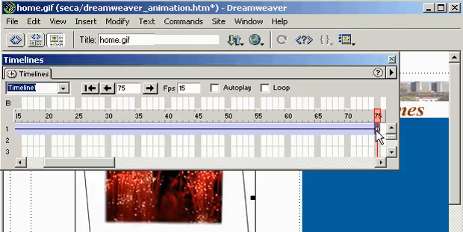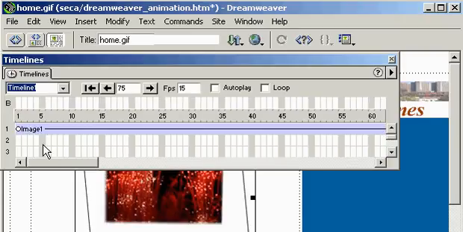So now that I've extended the timeline, all I need to do now is figure out at what point on the timeline do I want another image to appear. Well, let's have another image appear at frame 20. I'll select that frame, and in order to make another image appear at frame 20 to create our slideshow, I